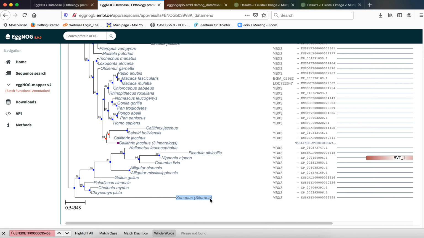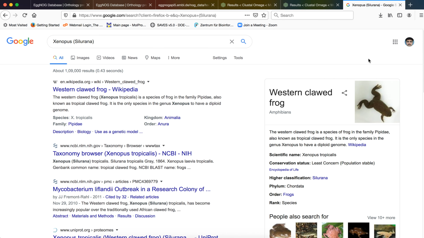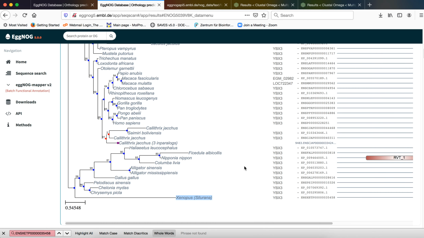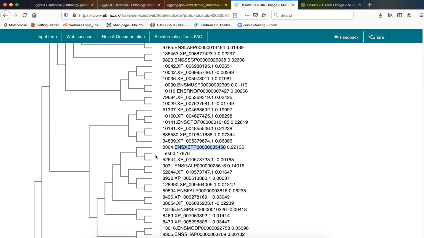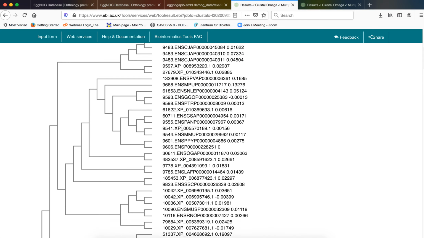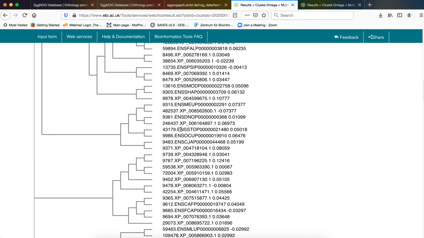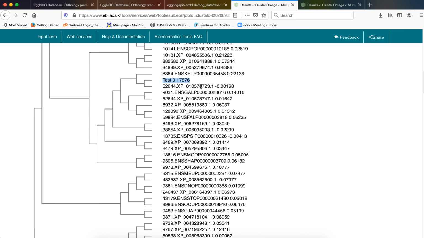So Xenopus, obviously we all know that it is a western clawed frog. So as you can understand, these are the two most nearest orthologs to our test sequence, and this is how you have to comment on all the individual sequences and their corresponding organisms that are housed in this particular phylogenetic tree, which will give us an idea regarding the phylogenetic position of our test sequence as well.